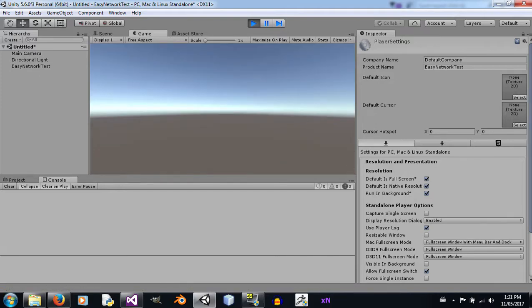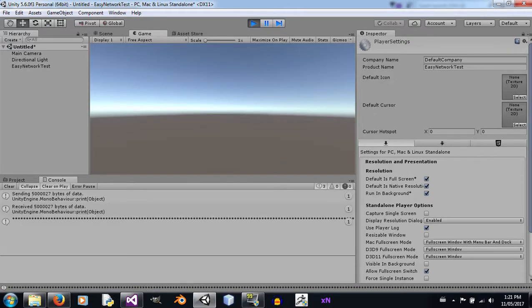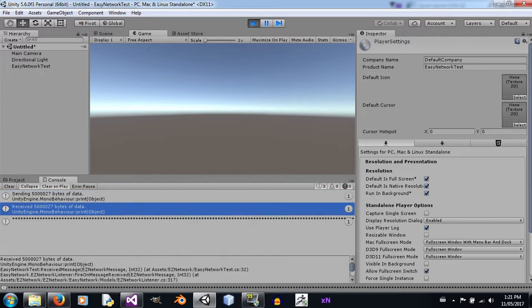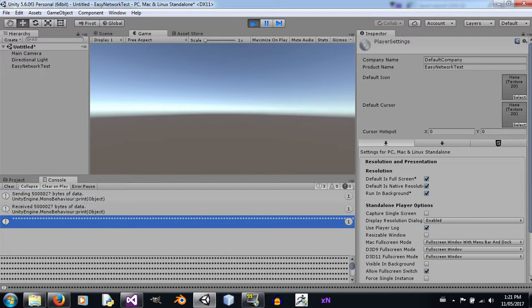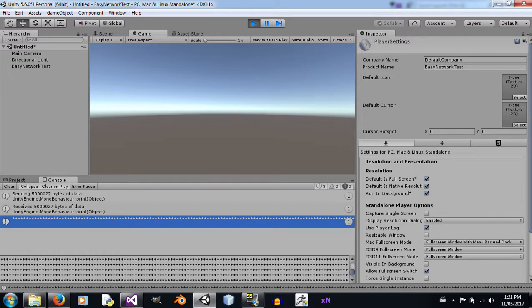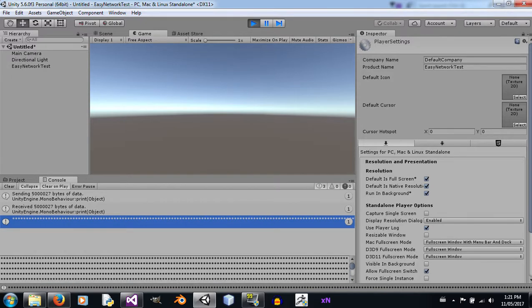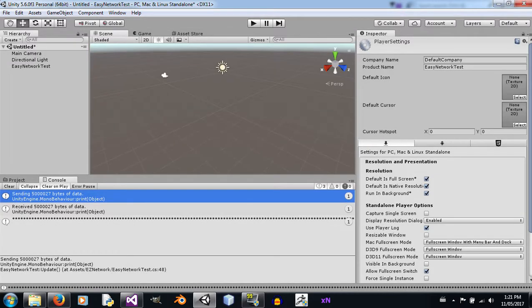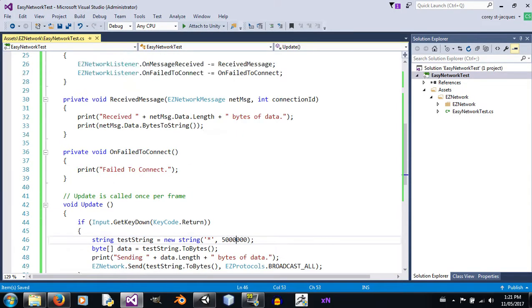Press enter. You'll see that we've sent 5 gigabytes of data and received 5 gigabytes of data, and we've printed it out. Of course, there is a maximum of characters that you can print, but we've sent it successfully, which means that file transferring protocols are acceptable using the EasyNetwork